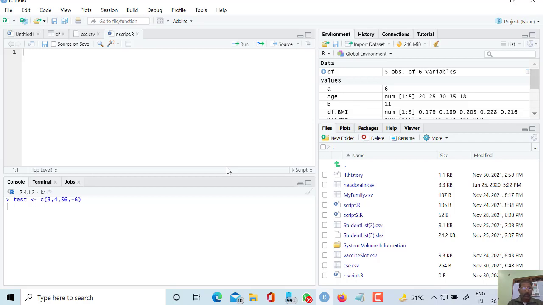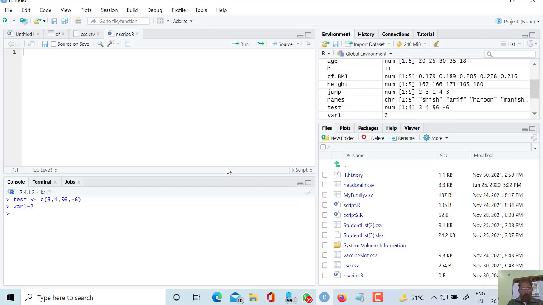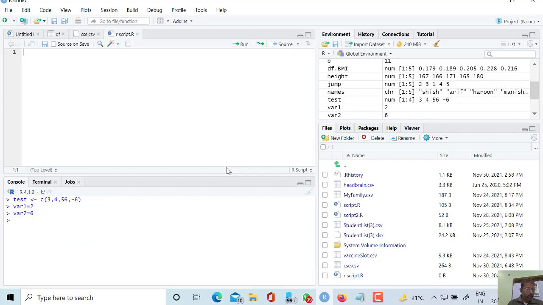So we can create my test here, and we are going to declare some variables. Variable 1, suppose its value is 2. In the same way, variable 2, suppose its value is 6. So I have declared two variables.